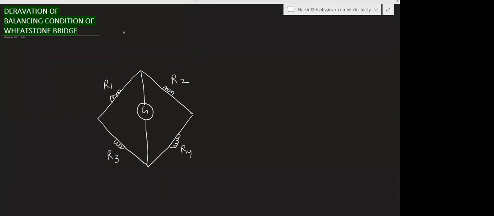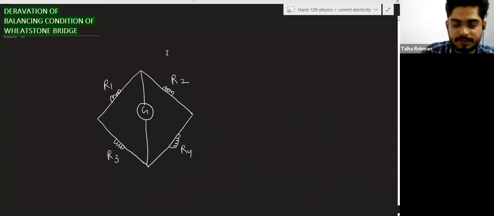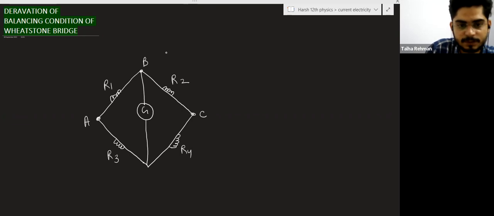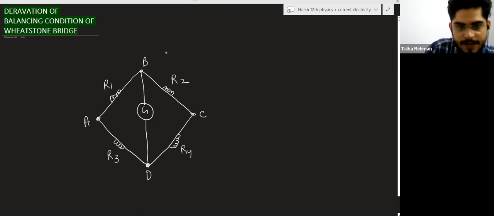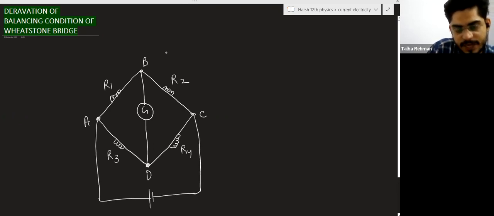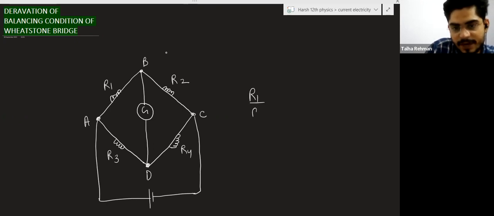I am just connecting the galvanometer. I am taking this point as A, this point as B, this point as C, this point as D. And the whole thing I am connecting with some cell or battery. This is the Wheatstone bridge we have, and we know that this condition will be valid: R1 by R2 is equal to R3 by R4 is the balancing condition. And this balancing condition will be valid